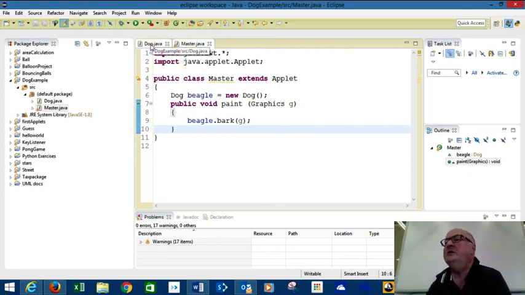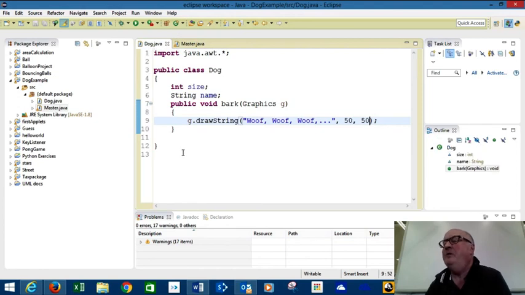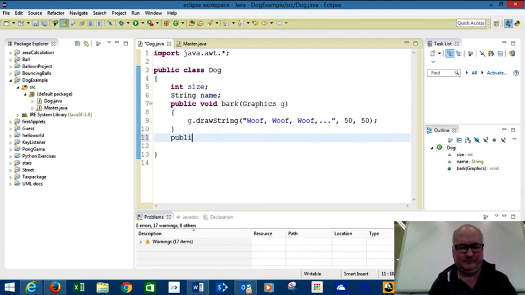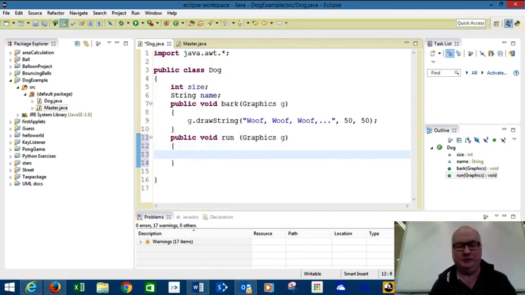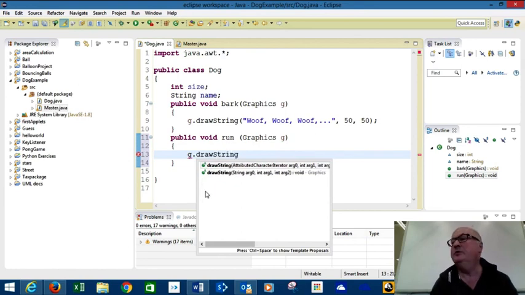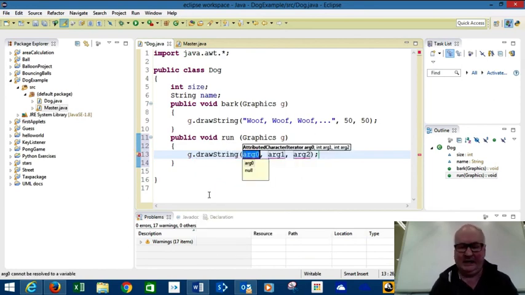any of our programs. So let's go back to our dog and say, right, well, we'd also like our dog to be able to run. So how are we going to do that? Well, we'll write a new method. So we'll write public void run(Graphics g), and then we'll do our run method, g.drawString, and "run". Okay, something like that,